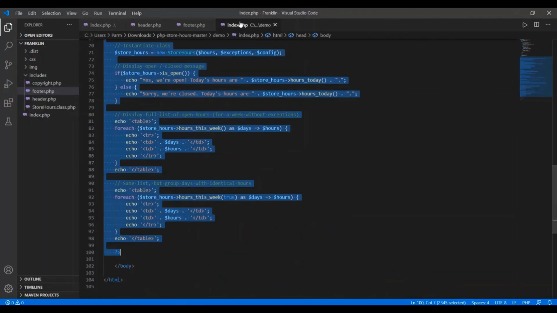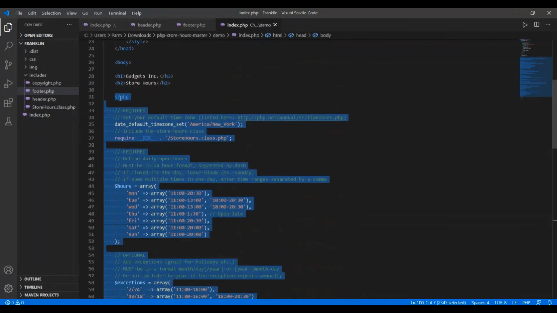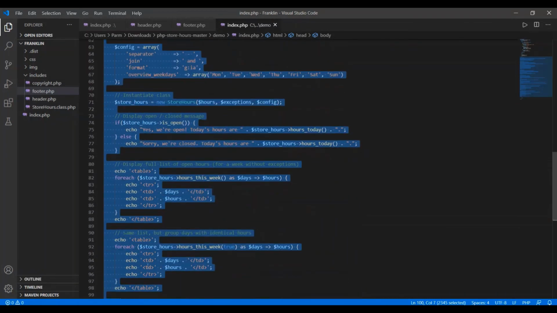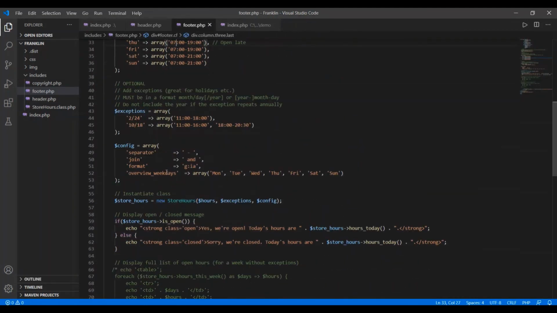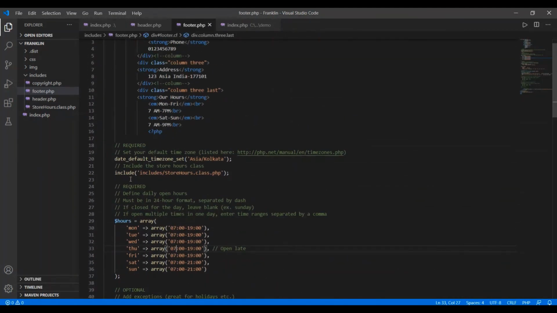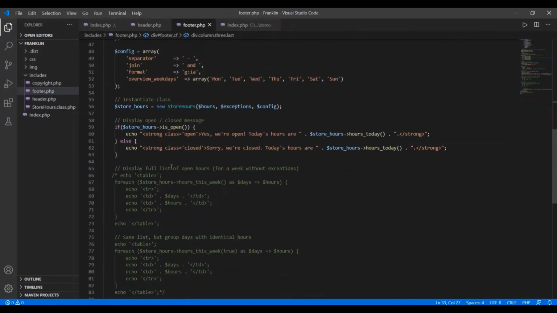If you see this index file, you have to copy this information from here to here and paste it in the footer section, and here you have to include this file that we have created in the include folder, that is store_hours.class.php file, and you will see the changes.